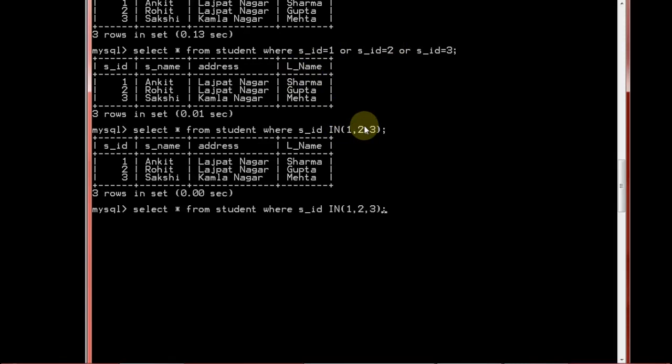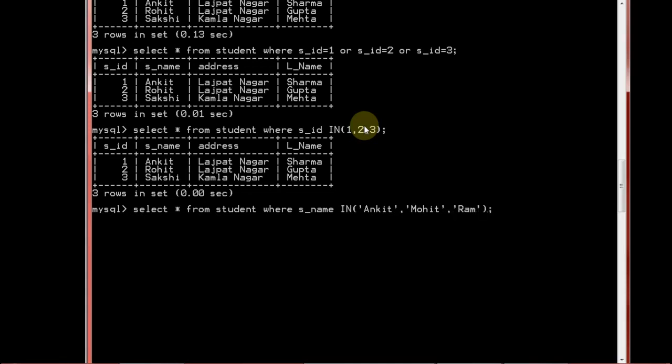You can also use IN with names. Fine. You can write where name IN Ankit, then Mohit, then Ram.